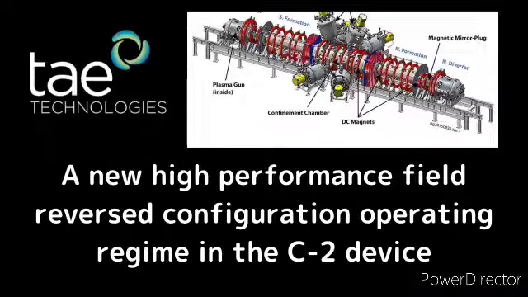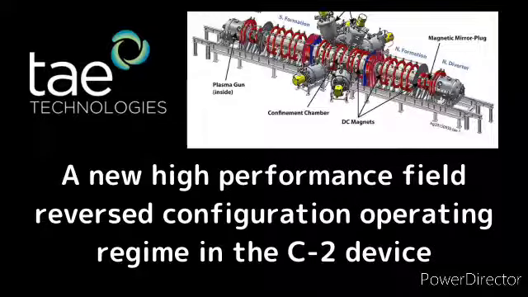Typical C2 operation includes 15 kA in each quadrupole, but this current produces a vacuum magnetic field of about 90 Gauss at R equals 0.4 meter, which is enough to stabilize the n equals 2 mode through most of the